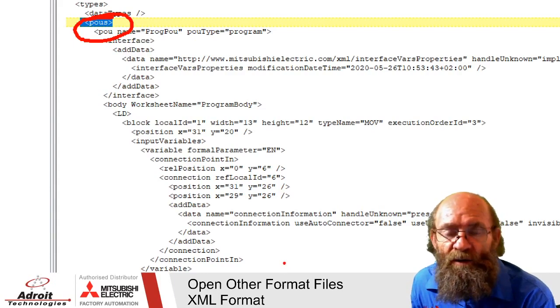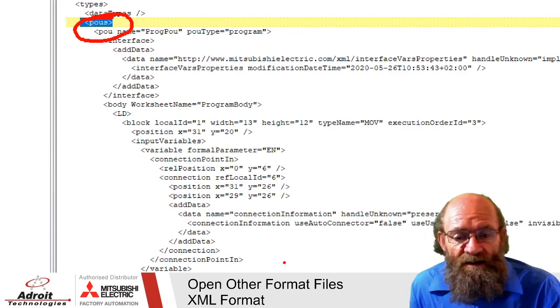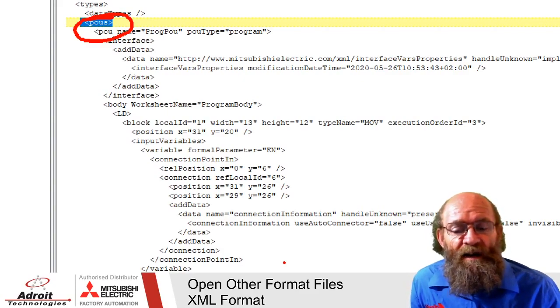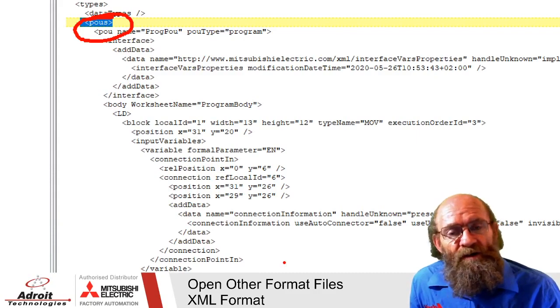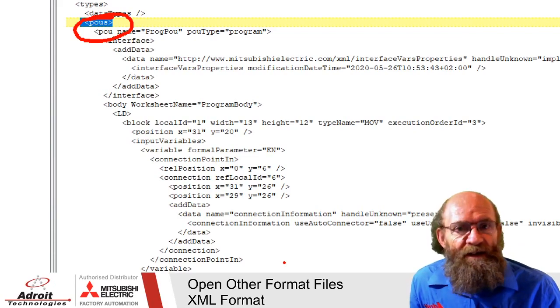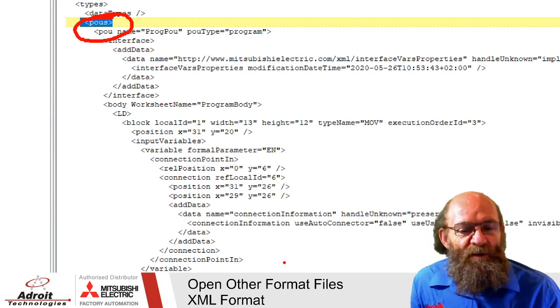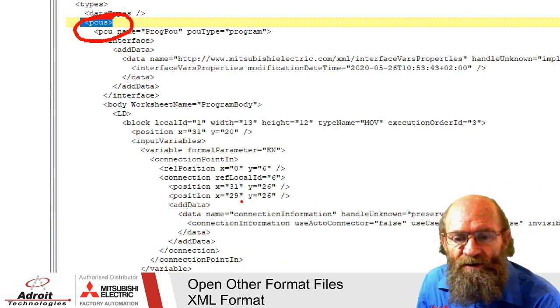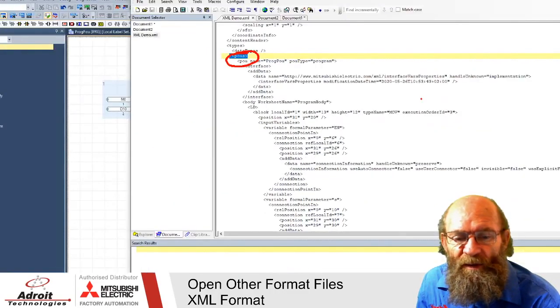It's not very big, it's not a lot of information, but when you start doing complicated stuff, then this list becomes quite long and extensive, because the XML file represents the code graphically in the function block diagram. So for every line and connection that you put down, there's an entry being made in the XML file, and you need to be aware of that. Don't just put extra lines in and be decorative about your lines. You're going to make yourself a lot of work if you want to play with XMLs that way. To keep it very simple, keep your lines short, straight to the point, and then you'll have a pleasure extending